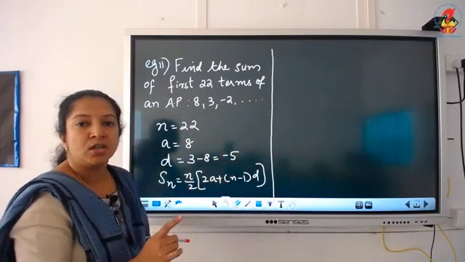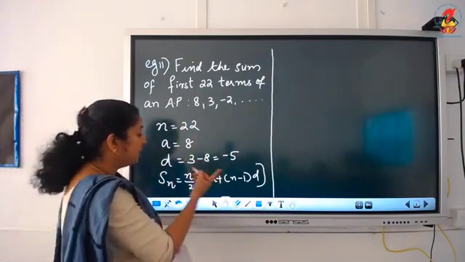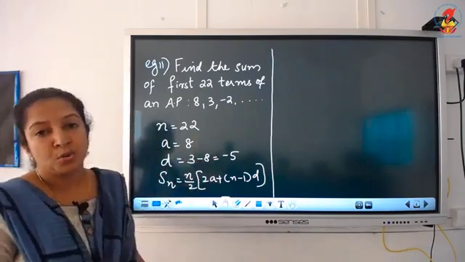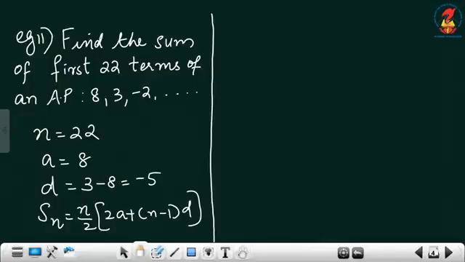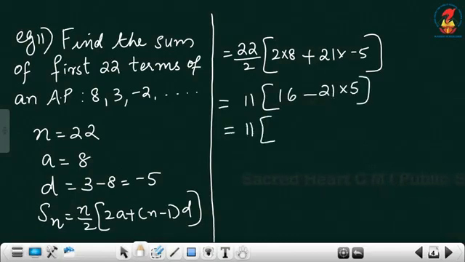Here the last term is not given. If it is given, it is easy to use n by 2 into a plus l. But it is not given, so we should go for this n by 2 into 2a plus n minus 1 into d. So, n is 22. 22 by 2 into 2 into 8 plus 21 into d. What is d? Minus 5. So it is equal to 11 into 16 minus 21 into 5,